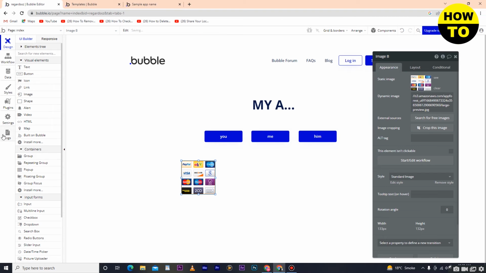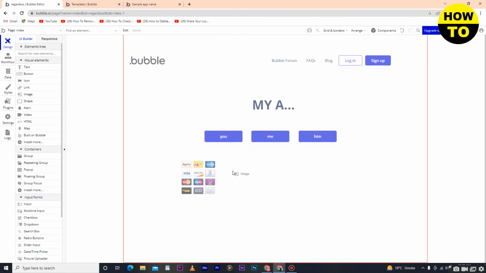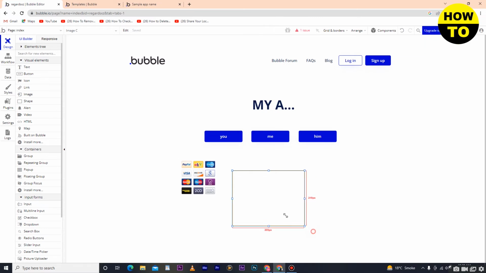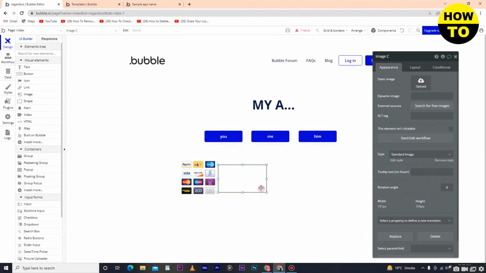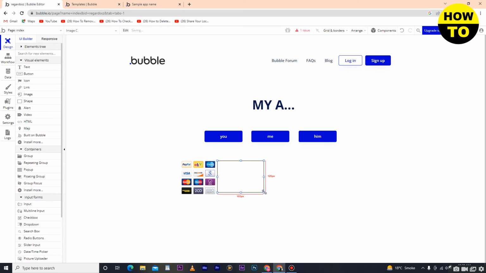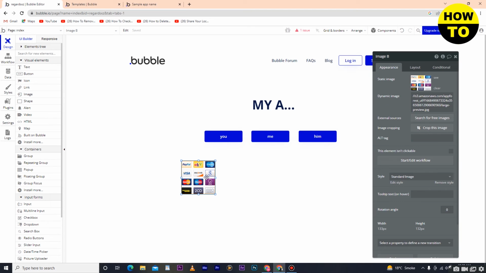In the same way you can also add multiple images here, like I have added this section, and you can also select the size. After that, like you have selected this image,